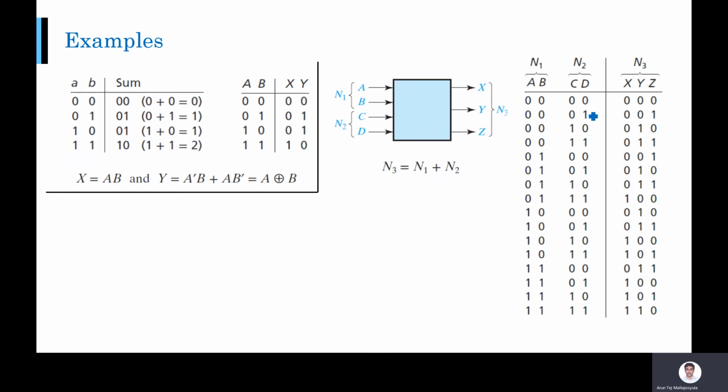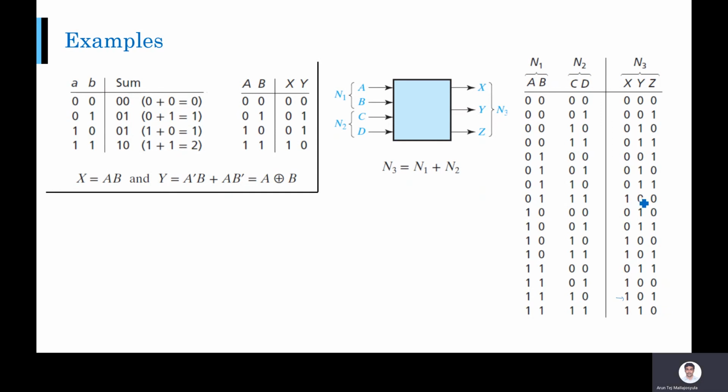So I can write my truth table now. 0, 0 plus 0, 0 is 0, 0, 0. 0, 0 plus 1, 1 is 1, 1, right? So if I'm writing x, y, and z, it will be 0, 1, 1. And so on, I can keep on adding. So 1, 1 plus 1, 0: 1 plus 0 is 1, 1 plus 1 is 0 with a carry of 1. So 1, 1 plus 1, 0 will be 1, 0, 1. So x is equal to 1, y is equal to 0, z is equal to 1. In that way, I can write the entire truth table.